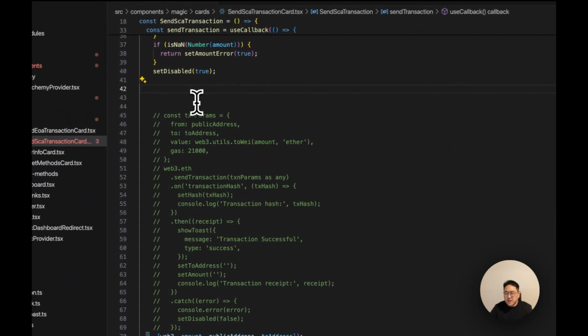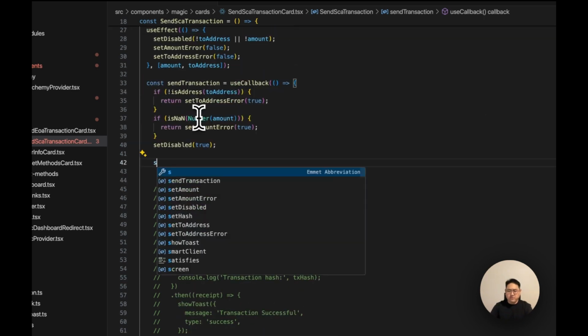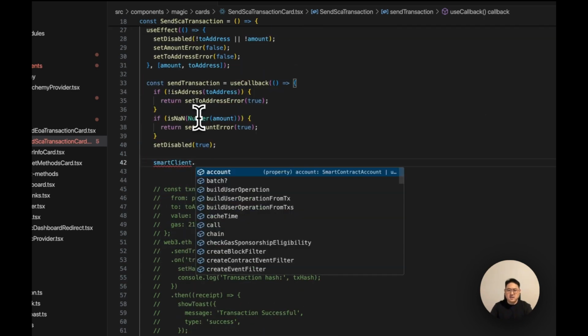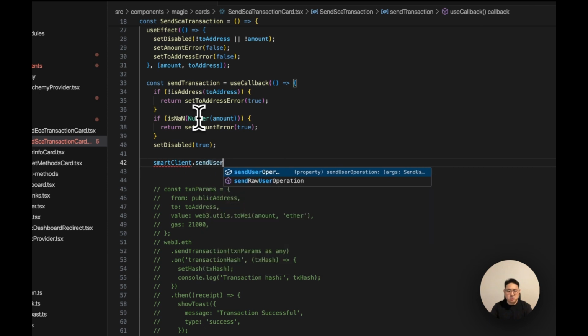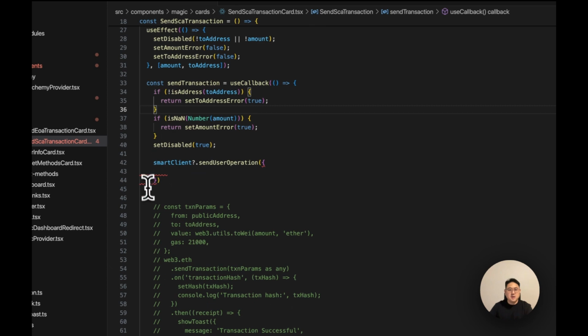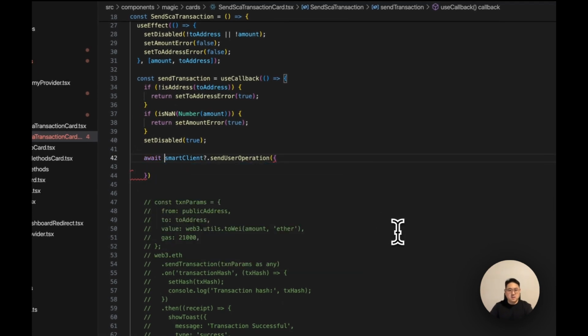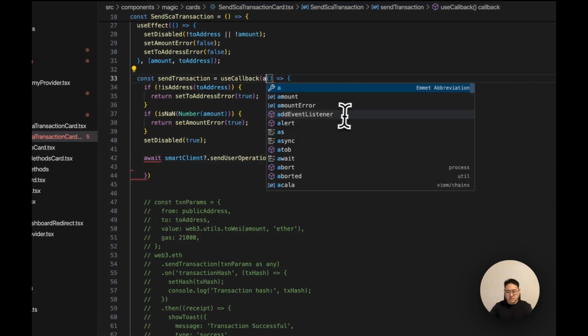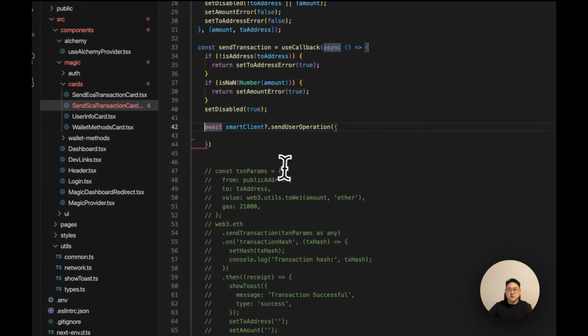It is not the same as an EOA. So if you look at the AlchemyKit SDK, when you create a smart account client, there are some methods on there. And in this case, first let's call smart client, and then send user operation, and in it, we'll pass some things. We'll await it, and that means we should make this an async function. This will return to us a hash,